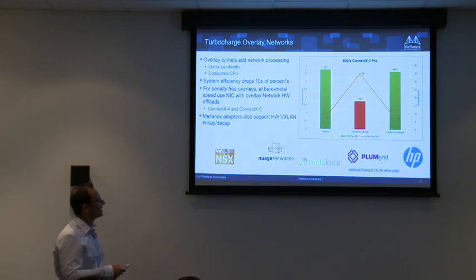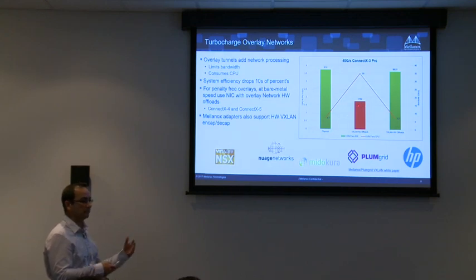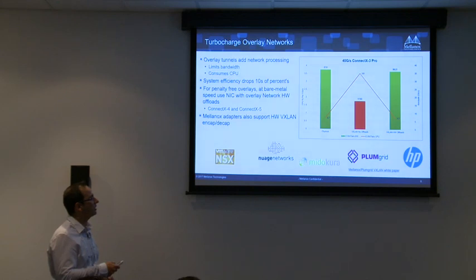If you are running VXLAN with no offload, it means that the hypervisor is doing the VXLAN operations, then you are reduced very much on the bandwidth, okay? Bandwidth is very reduced. And look what's happening to the CPU. Because the CPU now needs to handle this network operation, the CPU utilization is going up.